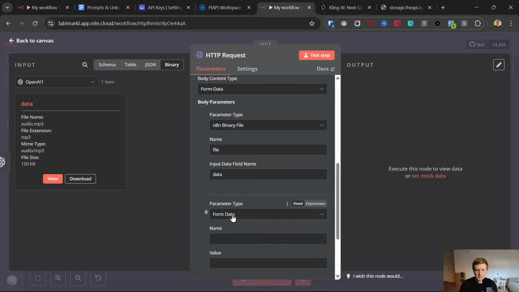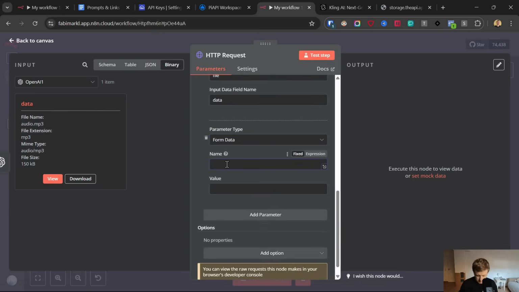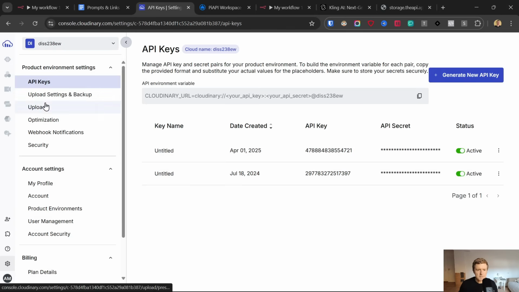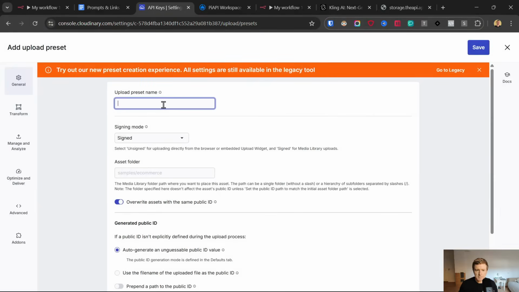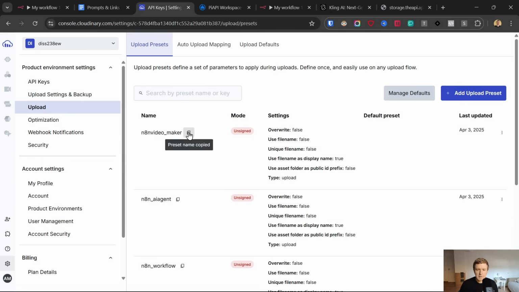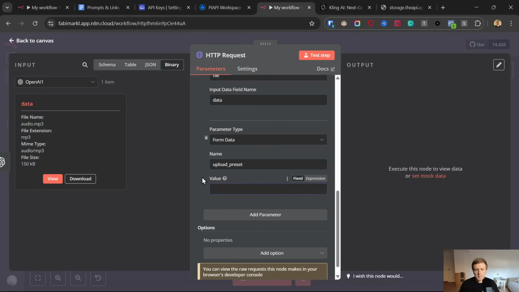Now I need to add another parameter here, which is form data. The name is upload underscore preset. And before I can enter a value here, I need to create a preset. And I do this under upload. Add upload preset. I give it a name. For example, something like this. The signing mode should be unsigned. Then I click on save. And then I copy that, paste it in here, and then I click on test step, and then it should